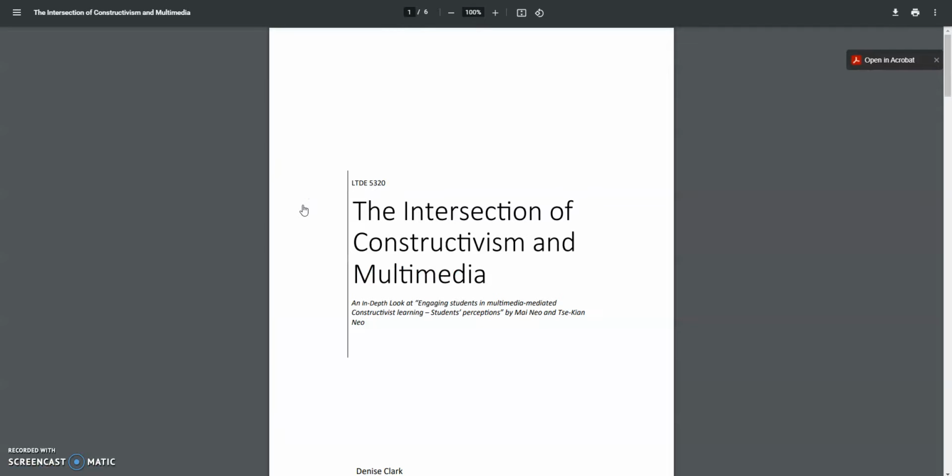So the next assignment that I completed was the Multimedia Research Summary and Analysis paper. This was another one that was slightly challenging because it involved academic research, gathering references to actually have a concrete paper that outlines all of your ideas. So I did mine that focused on multimedia and constructivism. During my graduate studies, constructivism is really something that stood out to me, so that's what I wanted to do